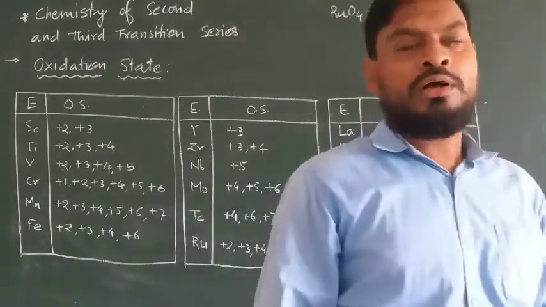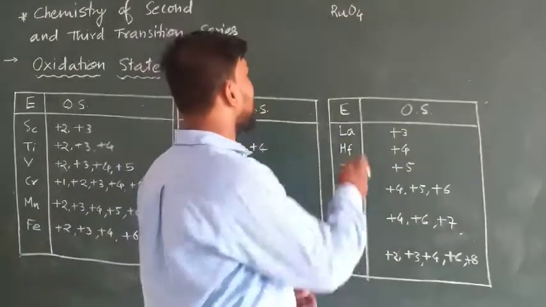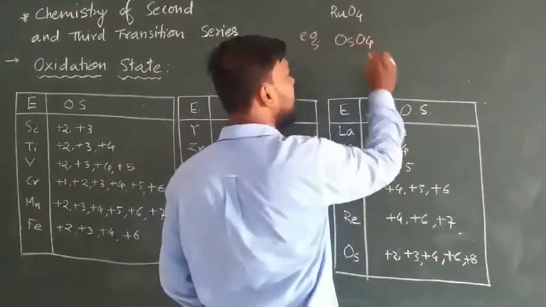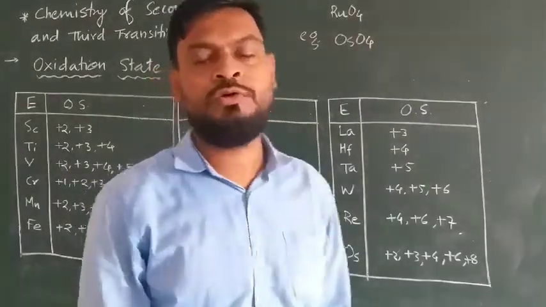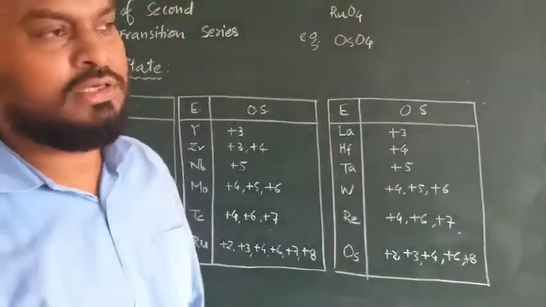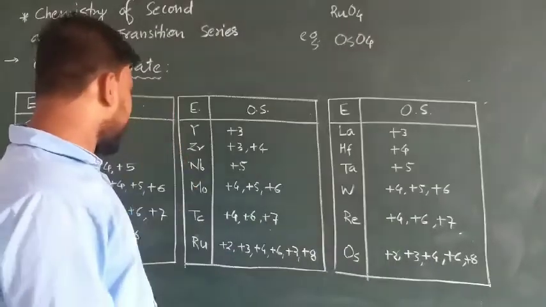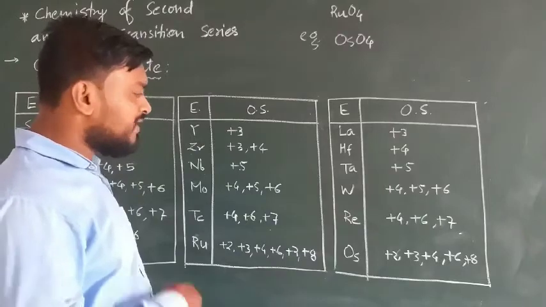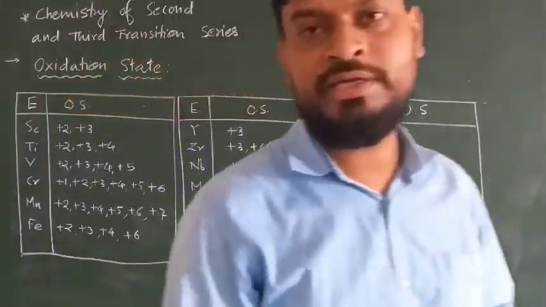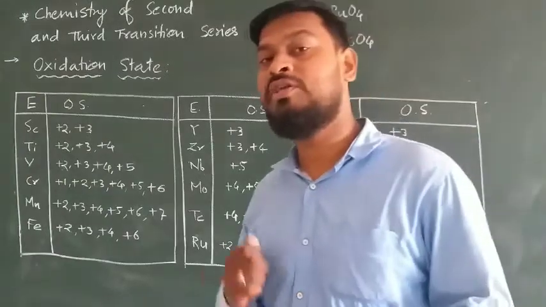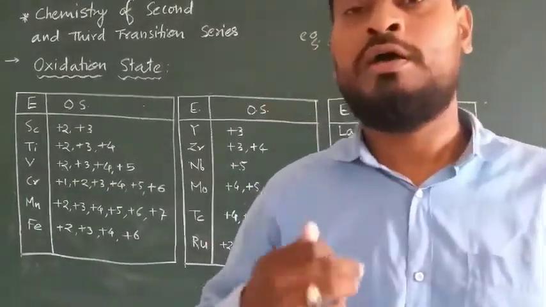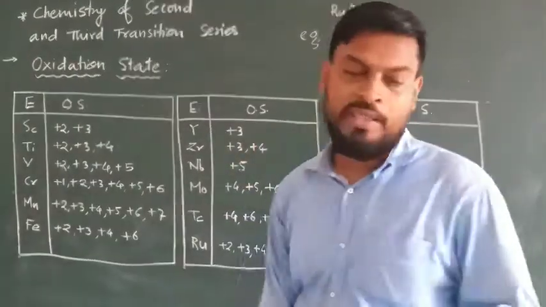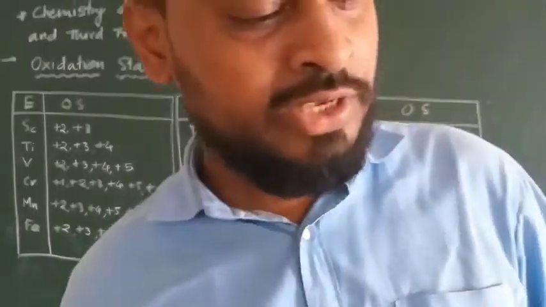Also a compound of osmium, for example OsO4: in this compound also osmium shows the +8 oxidation state. So this was one conclusion we made regarding the maximum oxidation state, which elements show it and in which compounds. We saw the example of those elements. Again, one more point I would like to explain is that